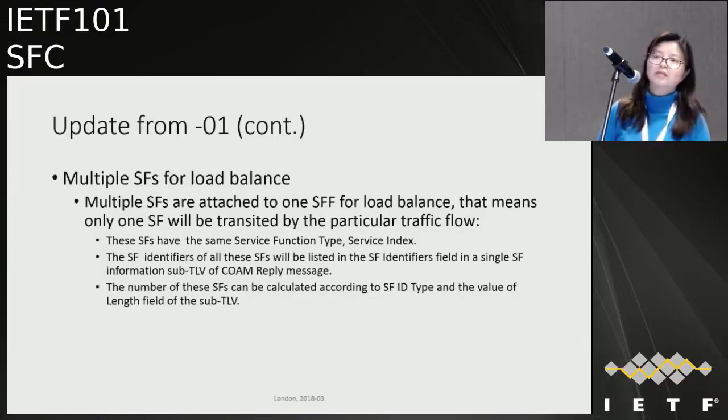Thanks, Greg. My concern's actually not for the SFF to SFF case, but for the SFF load balancing to many SFs case. The SFF could be load balancing to thousands of SFs. And if the ID is 4 bytes, 8 bytes, that's a lot of space to carry in a packet, unless we're fragmenting or segmenting it somehow. Okay, I hear you. For now, the idea is that all SFs will be listed in the same reply. So if that's something that concerns you, we'll definitely think about how to split it.